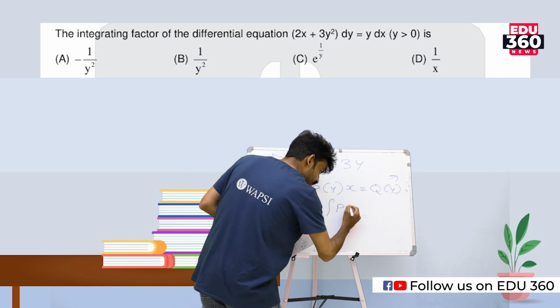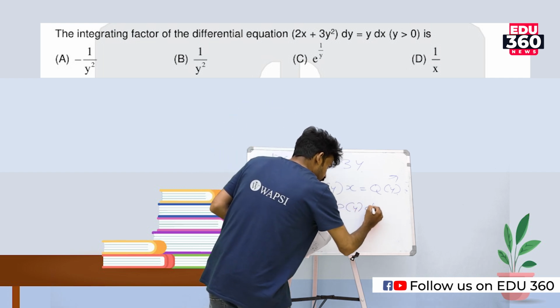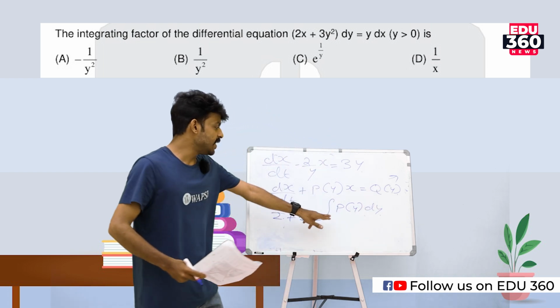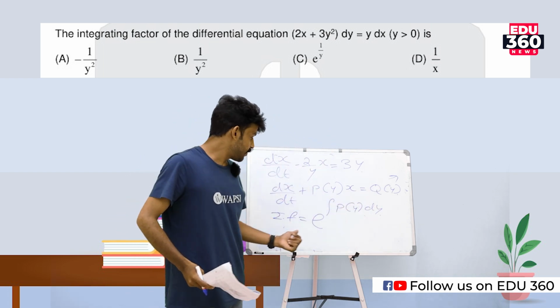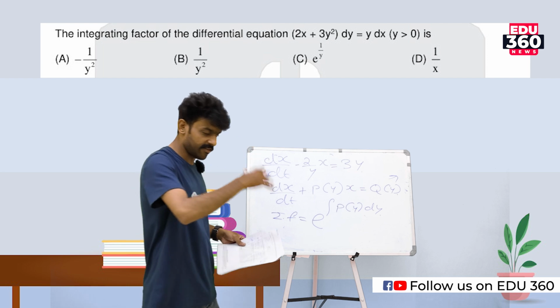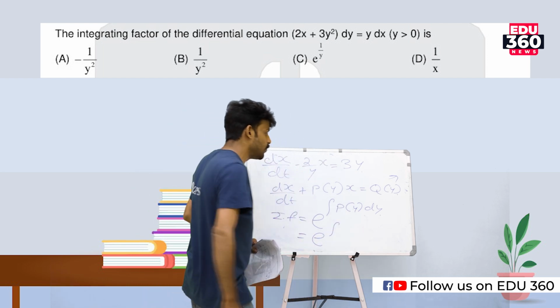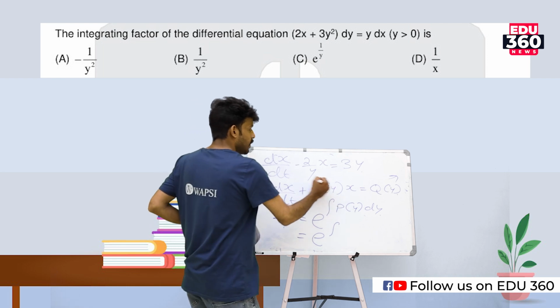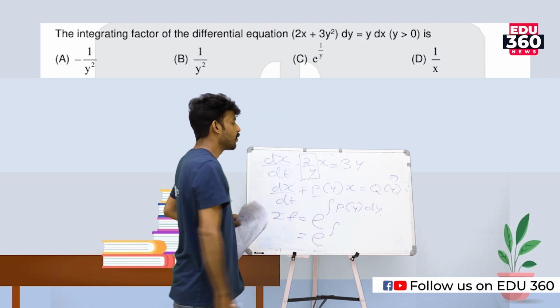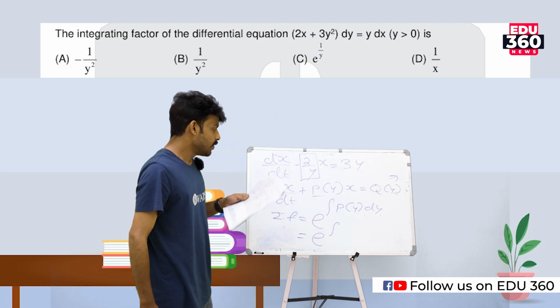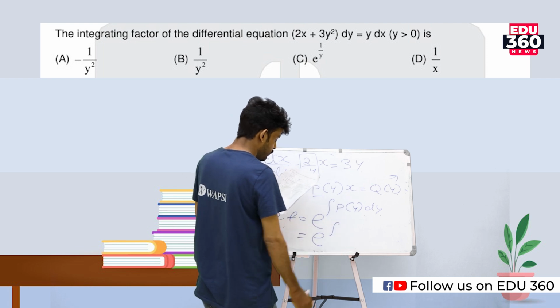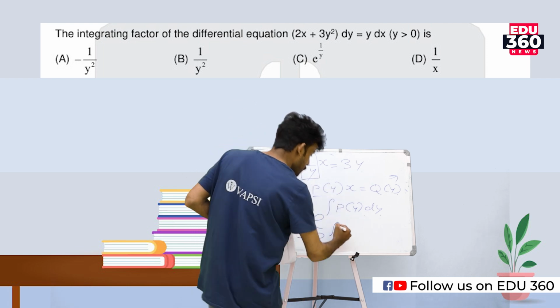It's not p dx, it's p of y dy. So this is the integrating factor. Hereafter just substitute here. So that is e raised to the integral of p of y. What is p of y? Just look at here: it is minus 2 by y. So minus